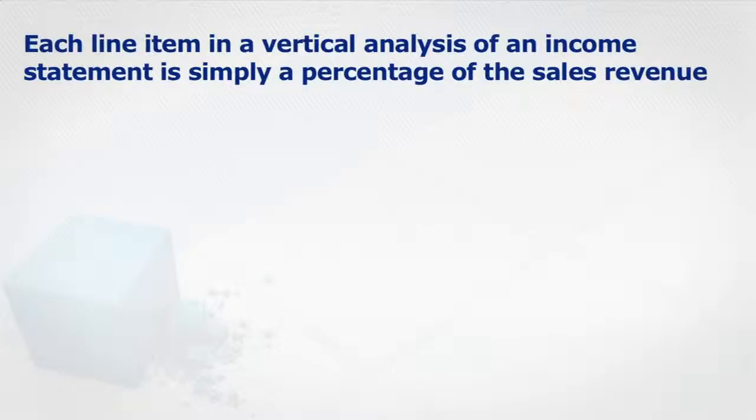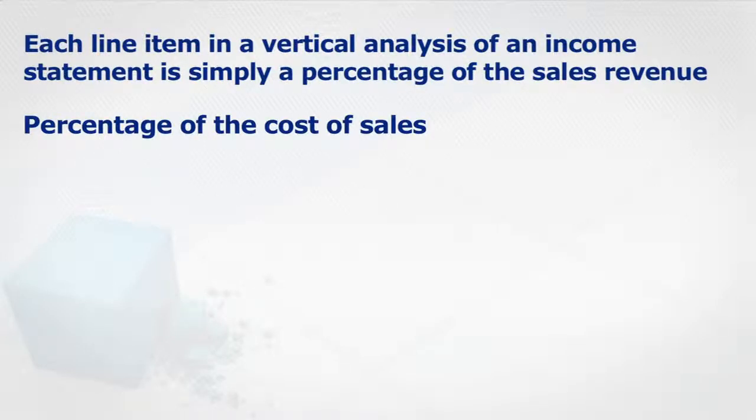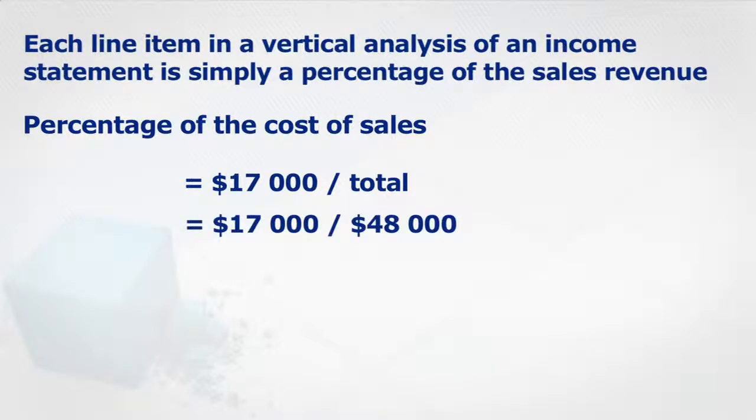Since each line item in a vertical analysis of an income statement is simply a percentage of the sales revenue, the first line item would be 100%. To calculate the percentage of the cost of sales, we'll have to divide $17,000 by the total, being $48,000. To do this, we simply use our calculator and press 17,000 divided by 48,000. This gives us